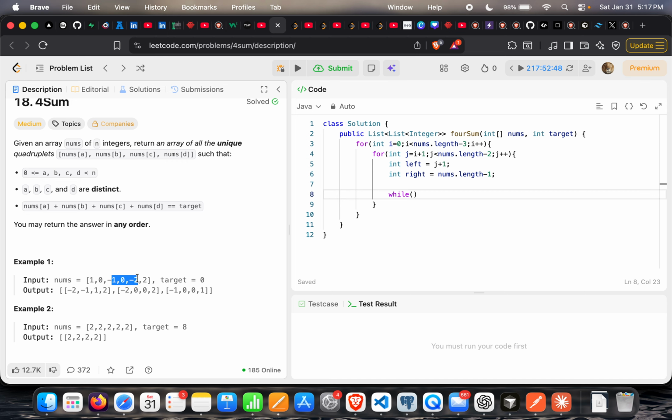So we need to check all the combinations with I and J and left and right. The I already exists here, J already exists here. From the left to right, we are going to increase it from here and we are going to decrease it from here. As long as left becomes greater than right, we are going to end the while loop, and we start with the increasing J element and I element, J element and the I loop, outer loop. So yeah,